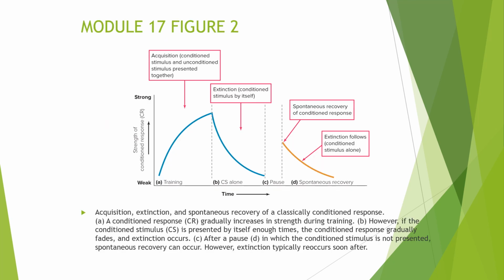And so this is what this figure is showing you. This is at the top of page 175, figure 2. Here you can see the training that has occurred, right? The conditioning. Then you have extinction. Then you wait a period of time. You present the bell again. If you don't present the meat powder, though, extinction is going to occur again. So you see the conditioning, the extinction, you bring back that CS. However, if there's no UCS, extinction is going to occur again.